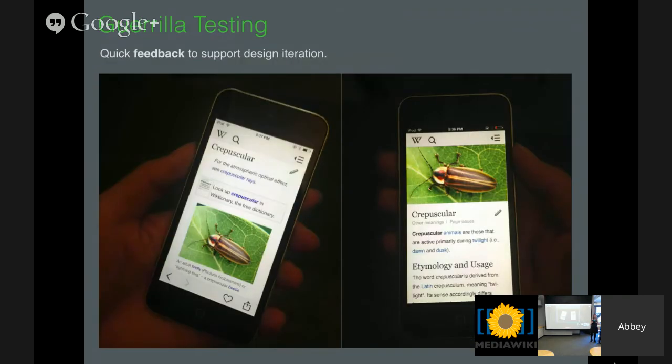Okay, and this is all looking at patterns. So we're looking at not just 1 or 2 or 3 people, but we'll test with maybe 7 or 8 people. After 5, you're starting to see the same results over and over, and this has been researched and studied for usability testing, to see if a certain group of people can accomplish a task. 7 people is plenty, but when we're trying to understand people's needs and goals and more complex things like that,